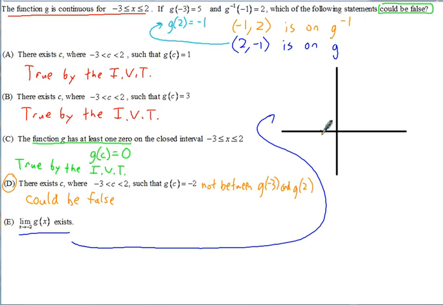So -3, 5, and 2, -1. So if we plot those 2 points,